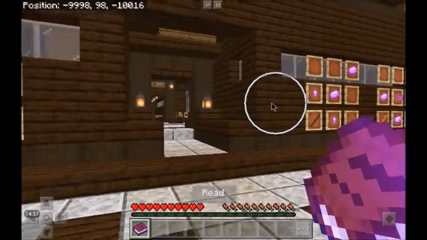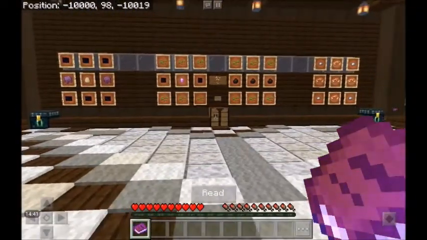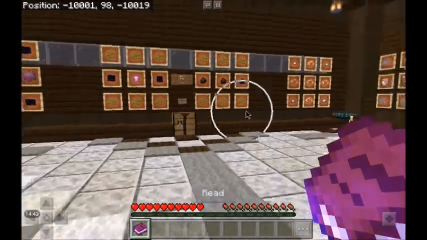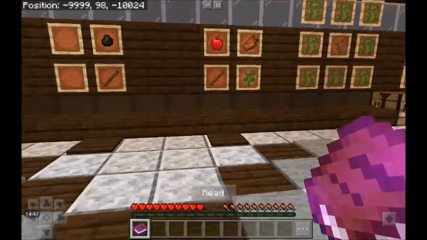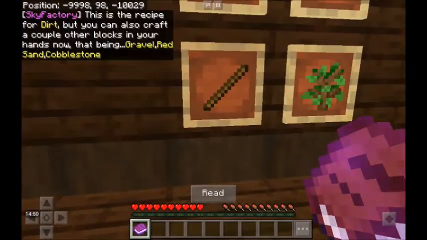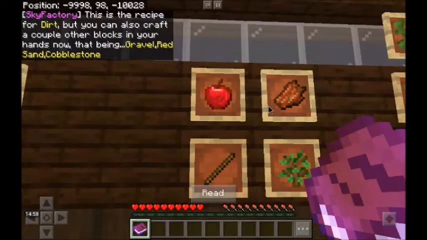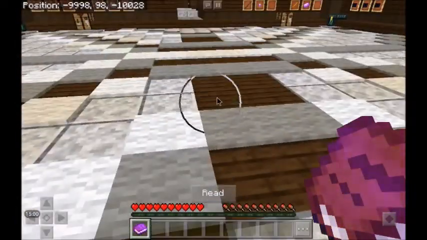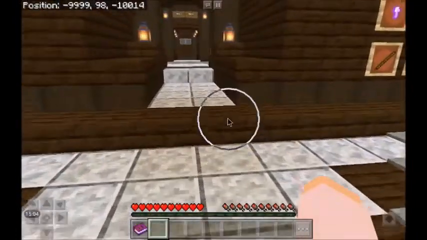How was it that we crafted dirt again? Where was that at? That's torches. Was this the dirt? Yep, so we need gravel, red, wait. Okay, this is the recipe for dirt. So apples, rotten, which, like I said, requires a mob farm. So I'm going to have to figure out how to build a mob farm. But first,